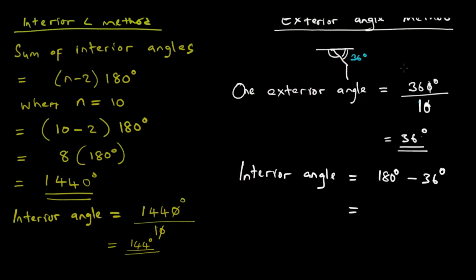We always have a straight line kana tiine tikabatanidza exterior and interior. We showed it, it's always equal to 180 degrees. So kana tapiwa an interior angle, we can use that kwa exterior. Kana tapiwa an exterior, we can use that kwa an interior using the relationship of 180 degrees. So if we say 180 subtract 36, we get 144 degrees. And as you can see, this 144 degrees is the same answer as yatawana panapa.